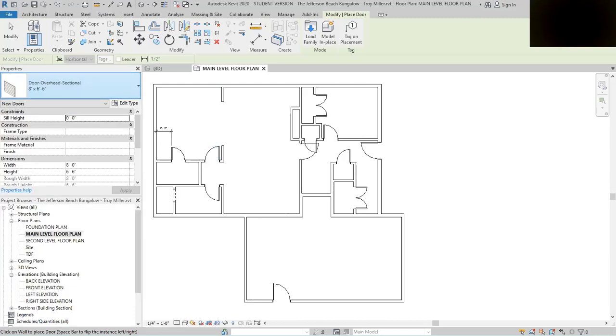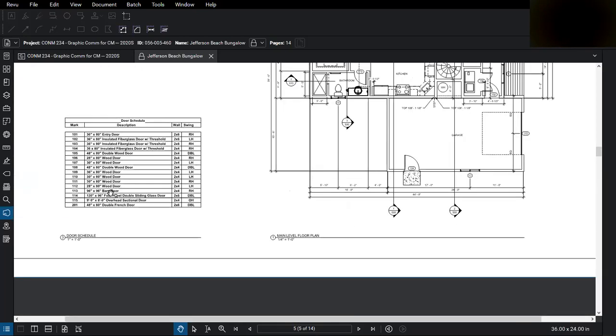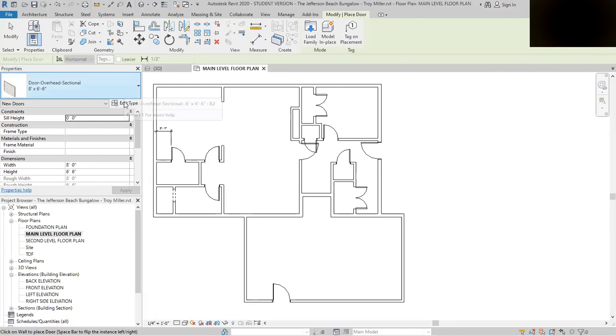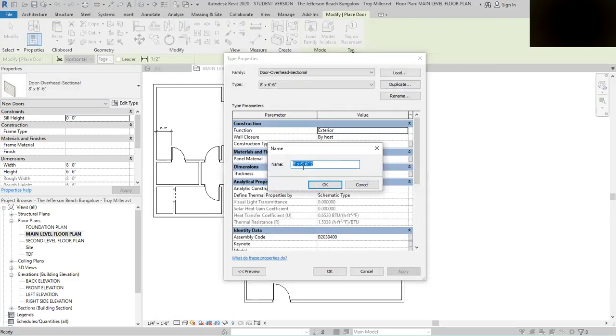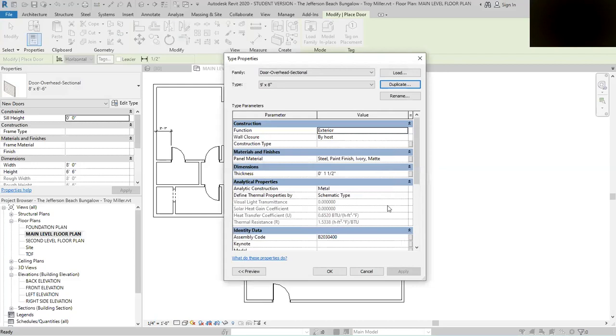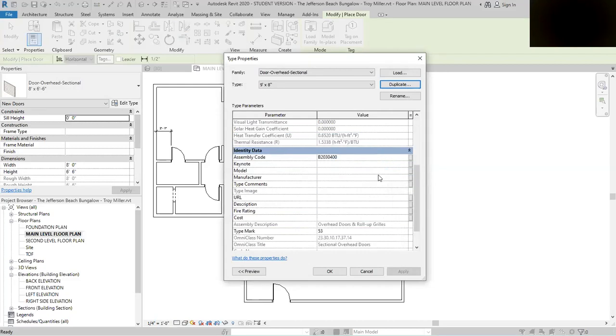Let me go back to our door schedule, which is door number 115. And this is a 9-foot door by 8-foot tall. So I don't have the right door type. So we're going to go through that same process. I'm going to take my 8-foot wide by 6'6" tall. I'm going to hit edit type, duplicate that. I'm going to change this to a 9-foot by 8-foot. And I'm just going to double check that. Okay. So once I've done that,